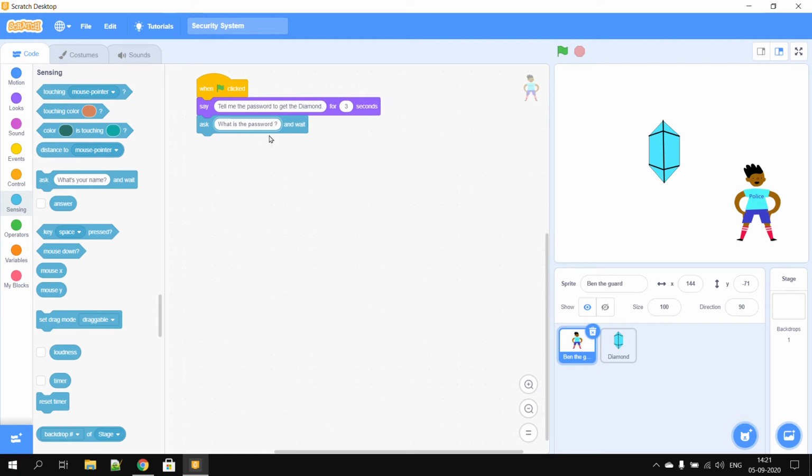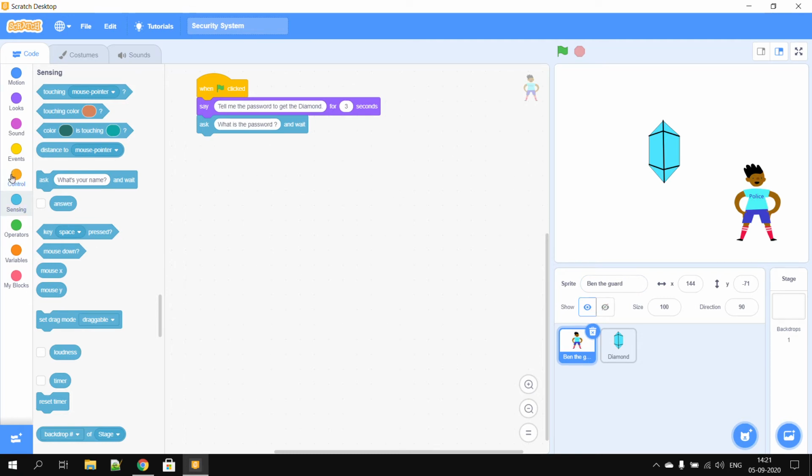I'll put here question mark, and then it is done. And now I want that when the password is correct, the diamond will show up while it is hiding.